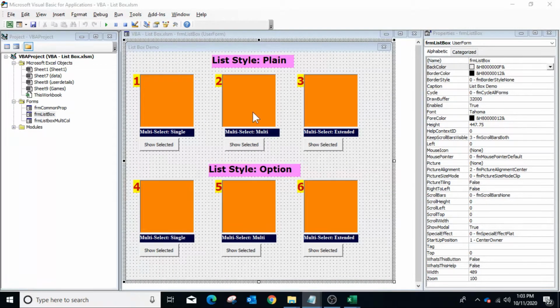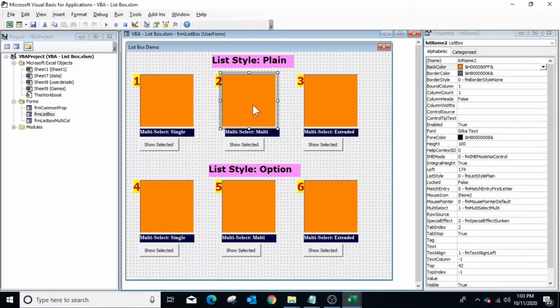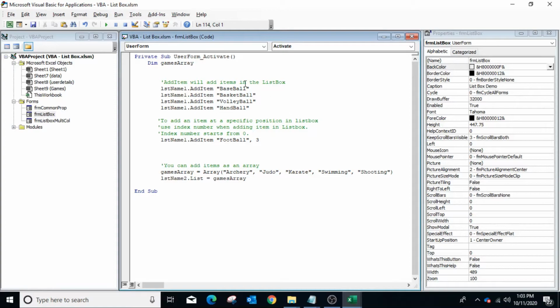To populate list box number 2 using an array, again go to the VBA editor, and in the Activate event we have declared a variable gamesArray, and then we have defined the variable as an array. Now this array contains the list of 5 games.